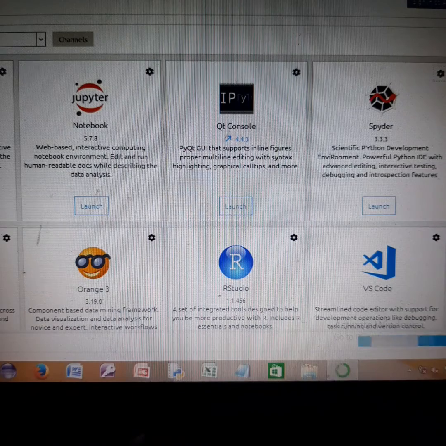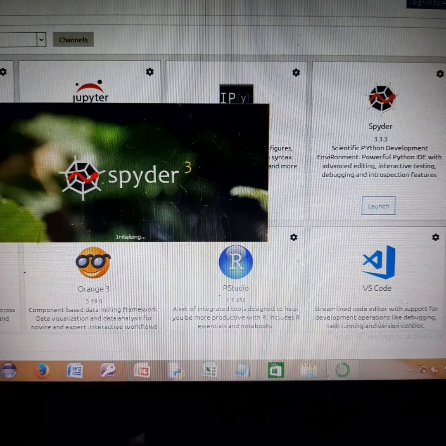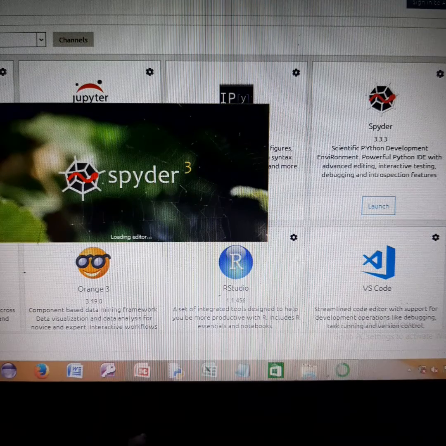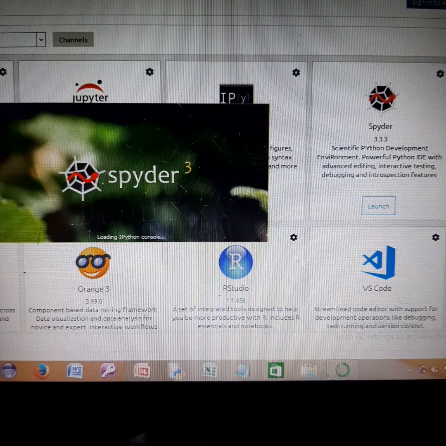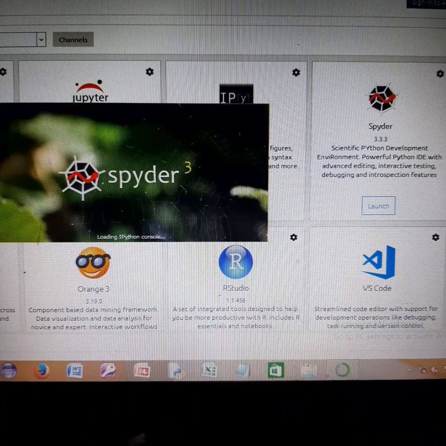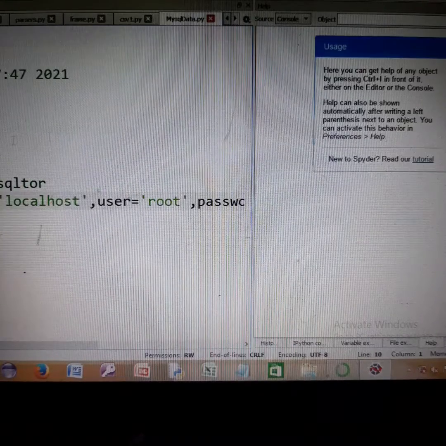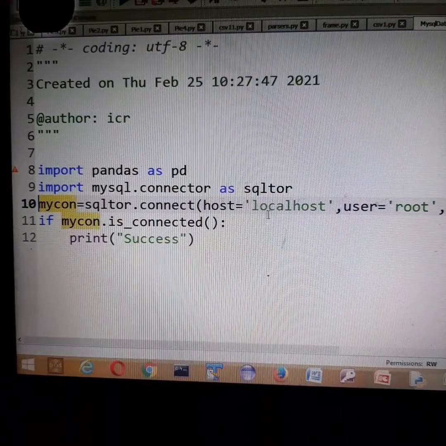I'll launch it. You can see here we have got the programming part. The scripting mode can be done here.